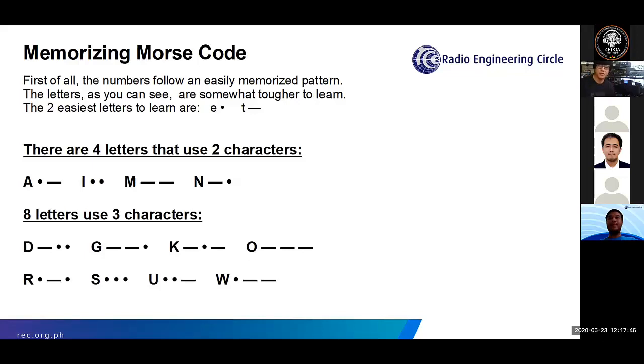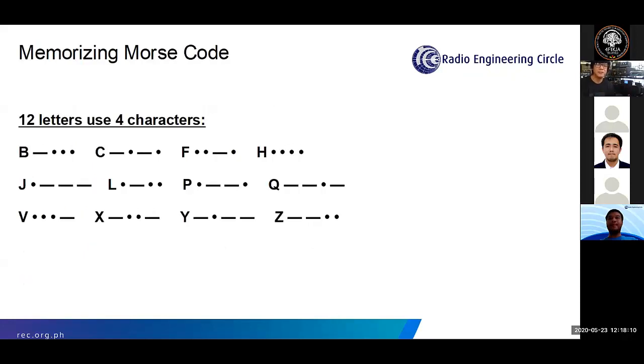Okay. So again, grouping is important, no? So I don't know if you have some Morse code keyer or oscillator with you, but we can do some exercises. I'm about to finish, so I think I'm a bit faster on my allotted time. So okay. So the 4 characters, mas marami sila, and I'm gonna tell you what are the hard